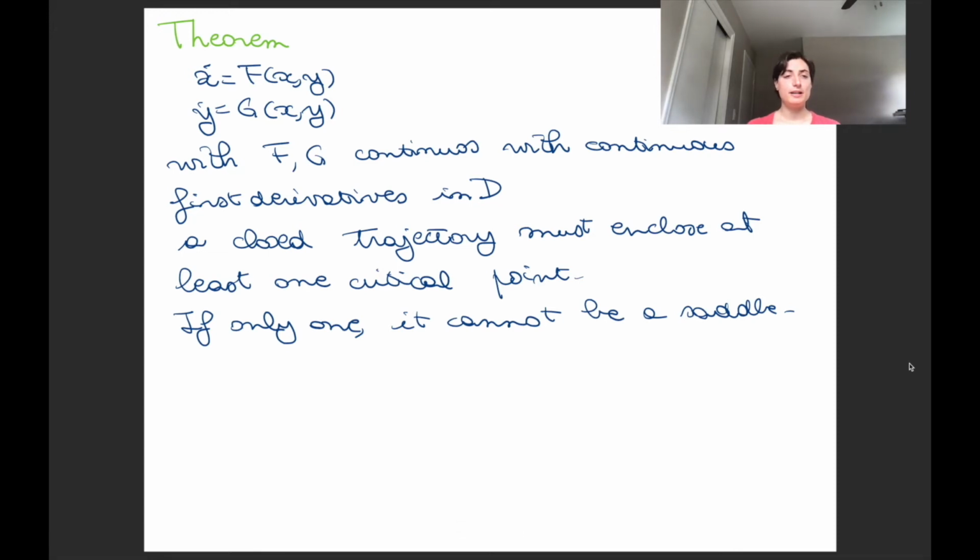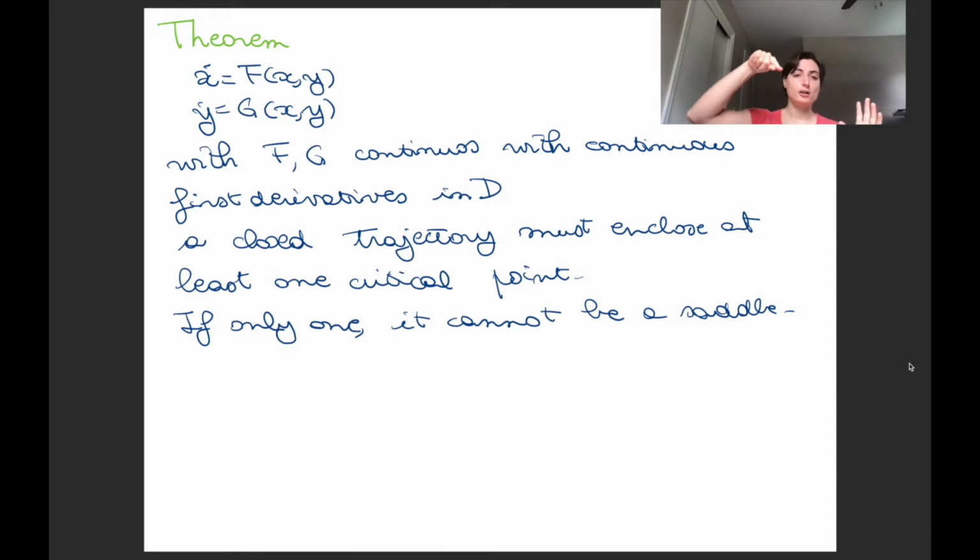Can we find ways to determine the existence of periodic orbits without all this computation? Yes, but it's not super easy. So if we have an autonomous system with f and g continuous with continuous first derivatives in a domain D,